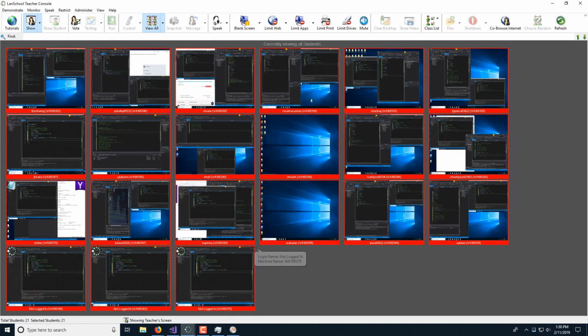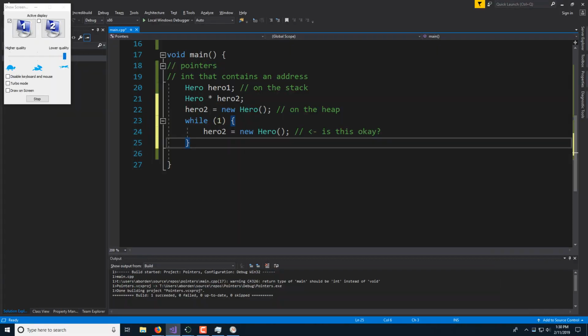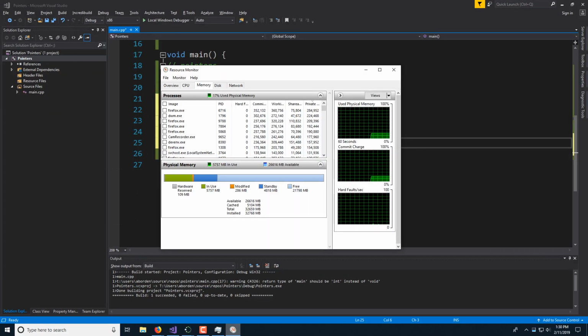I don't know why this doesn't get along with the task manager. You see it now? Yeah. Okay, so over here you can see how much memory is being used. It gives you a little graph. And then if I run my program,